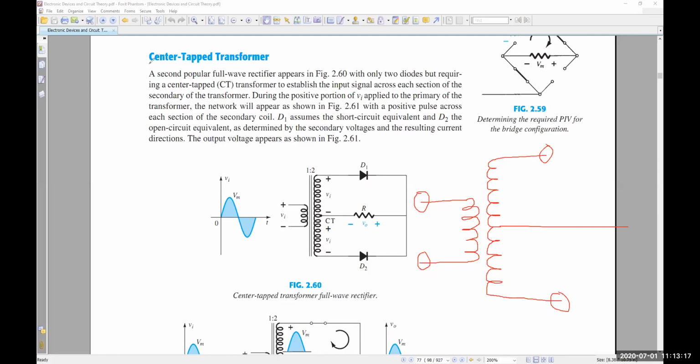That's why it is called center tapped. That means they tap the center. This is the center. So they tap the center and bring out another cable. What is the purpose of this? The purpose of these will be,